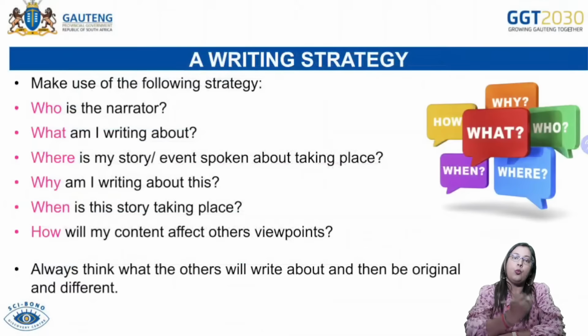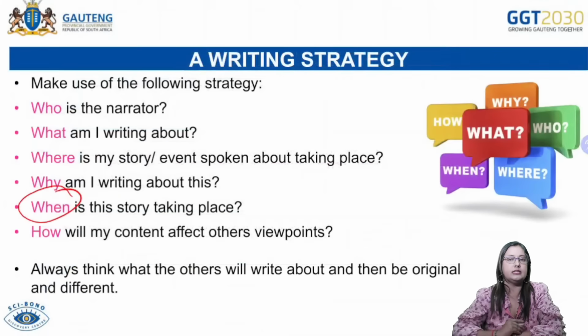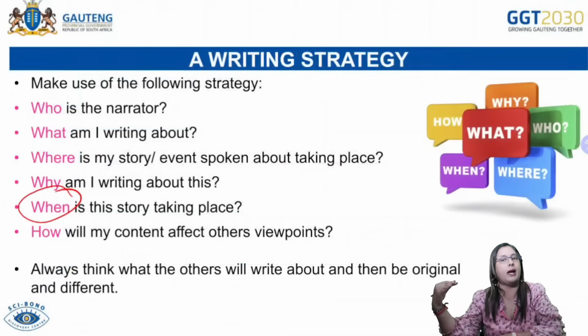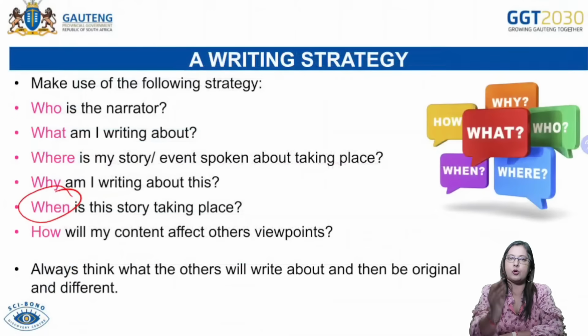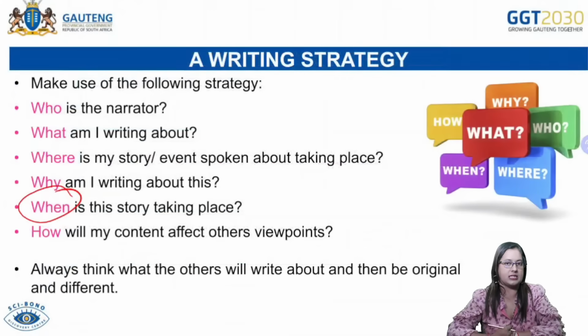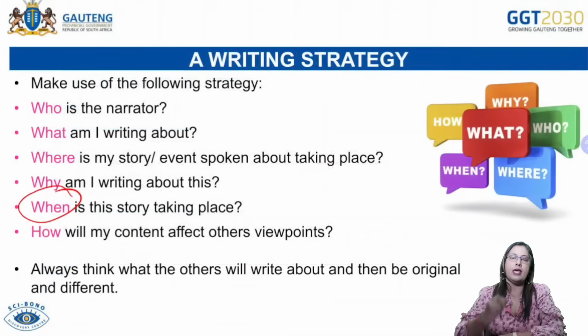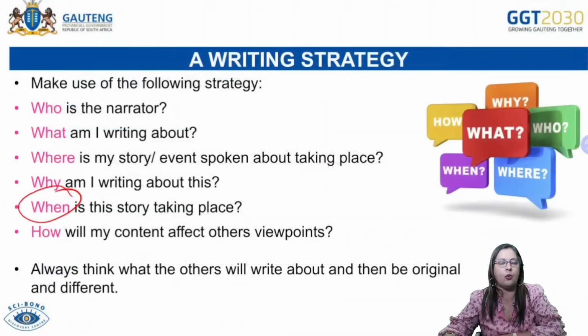Okay, when is the story taking place? Again, that's linked to your background information. So when you're talking about the present moment and you're going to the flashback technique of recalling past events, then it's going to bring in the time frame we're looking for there. And then finally, how is the content that you've constructed going to affect me as the reader?